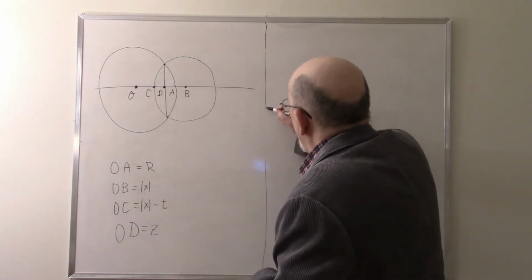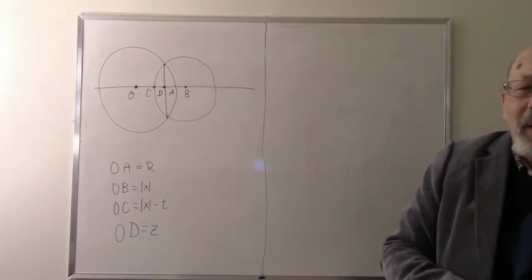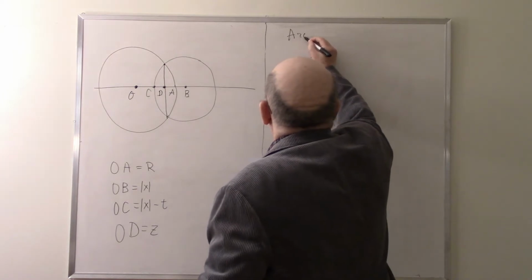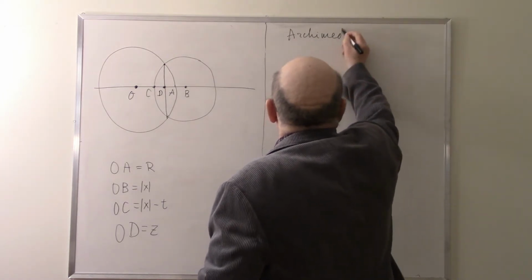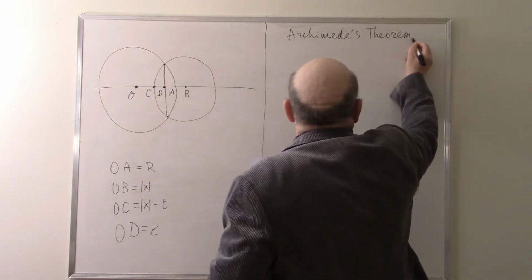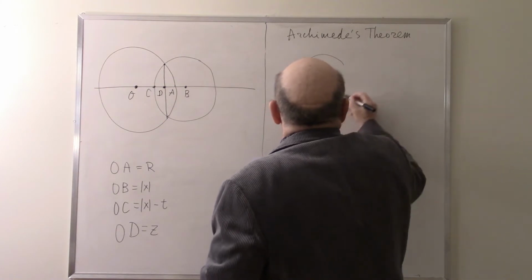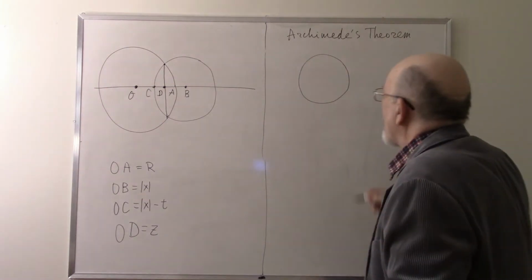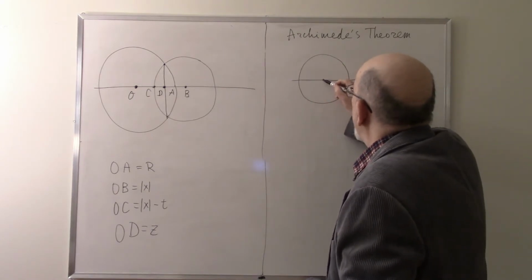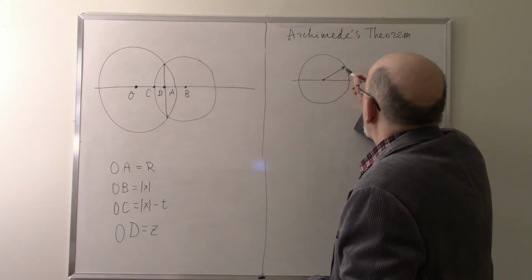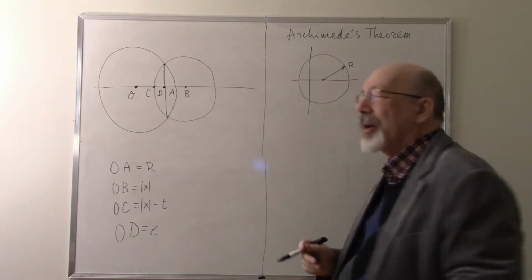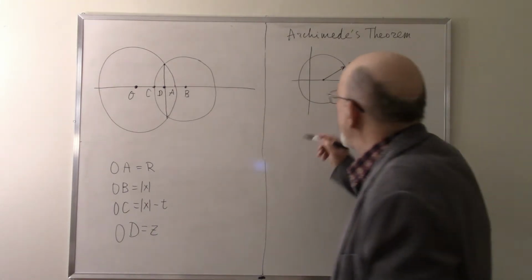And remind you about one great theorem, which is called Archimedes' theorem. It says the following. Suppose we have a sphere, and the sphere has, say, radius r. And suppose we have a plane which intersects this sphere,